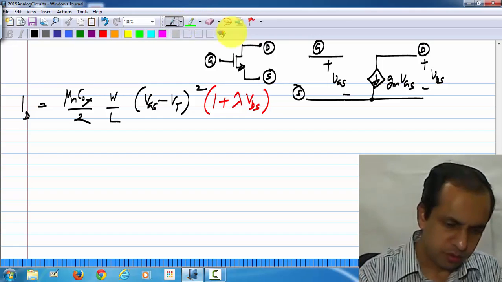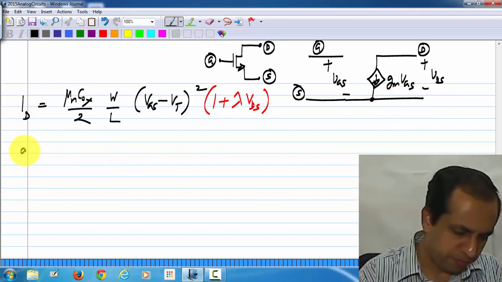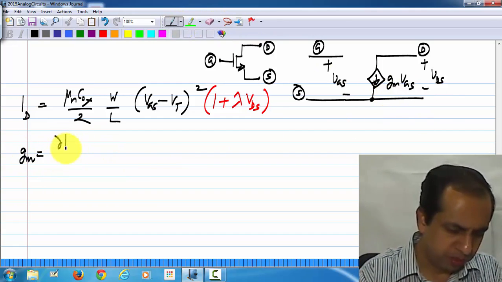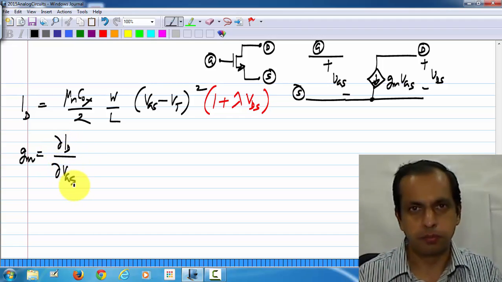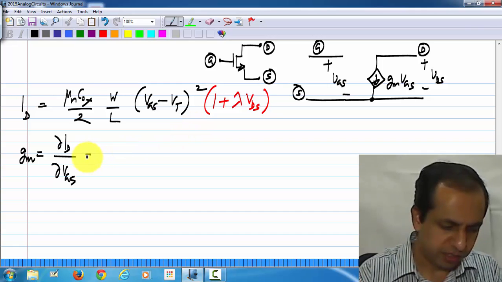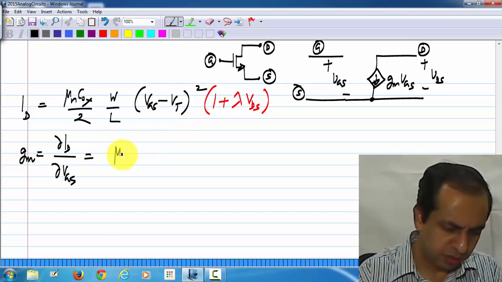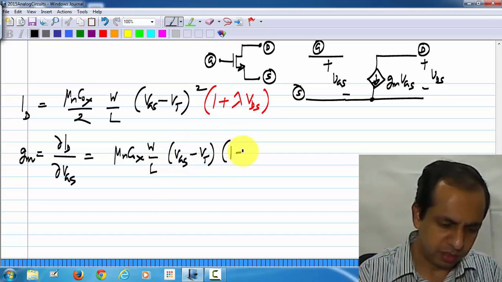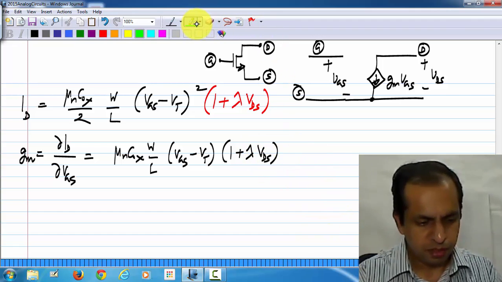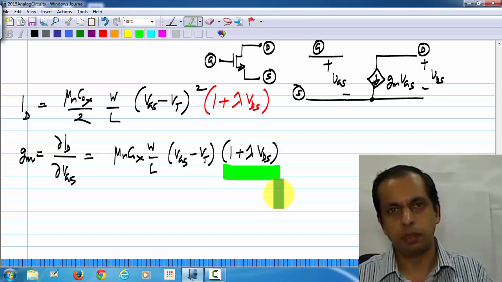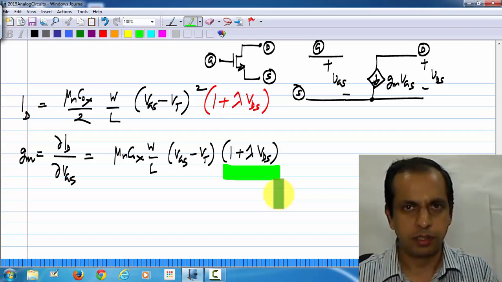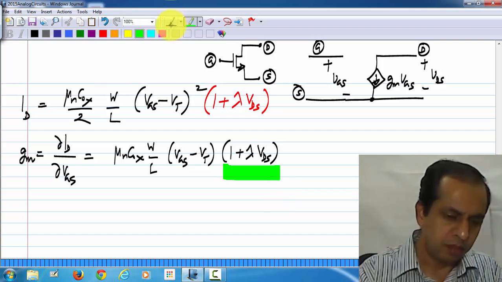Now, this GM is nothing but the partial derivative of ID with respect to VGS, and if I calculate that, I get mu n Cox W by L (VGS minus VT) times (1 plus lambda VDS). So, this 1 plus lambda VDS appears in this expression as well. More importantly,